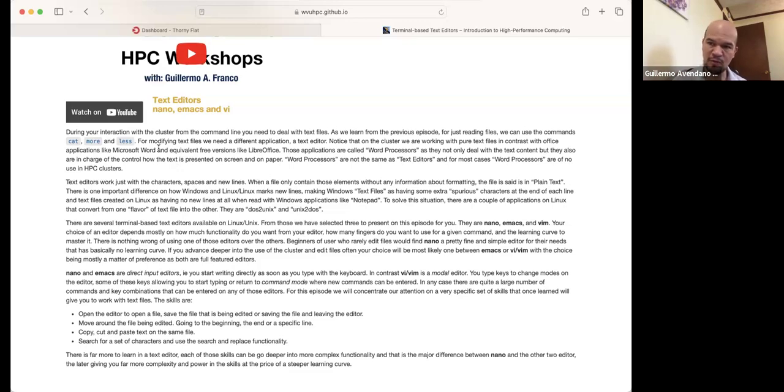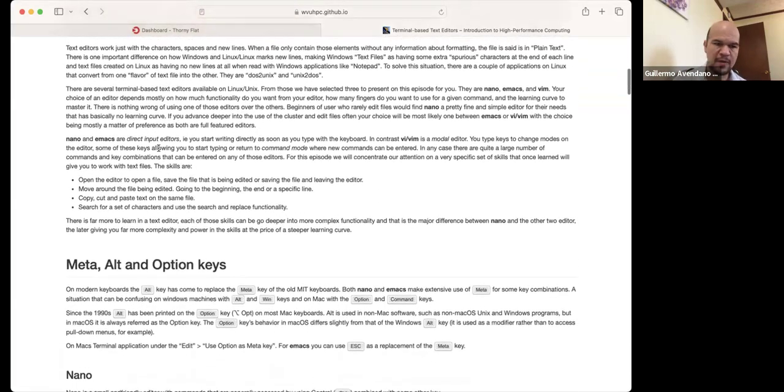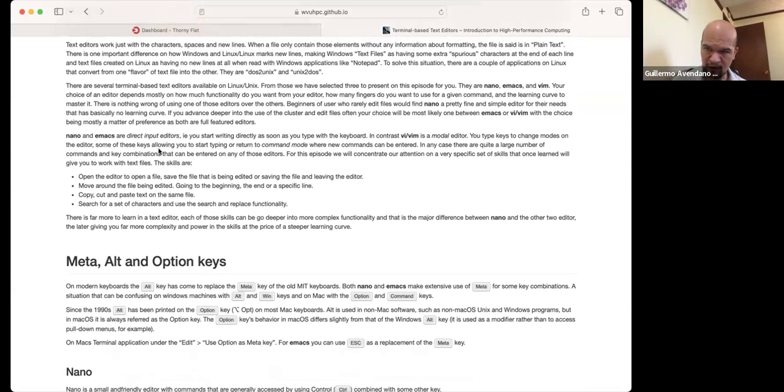You cannot modify it. However, when you need to modify the file, you need to use a text editor. We will concentrate today on three main editors that are widely used in Linux, and more particularly, they are widely used in